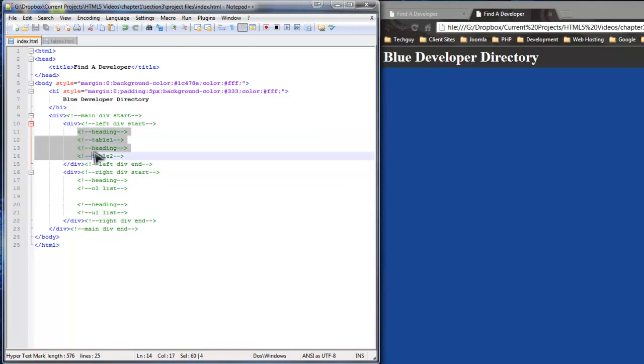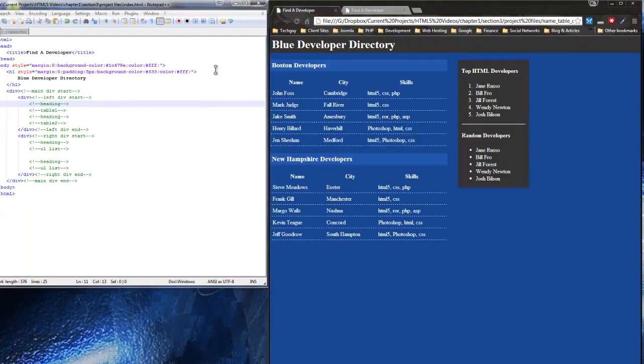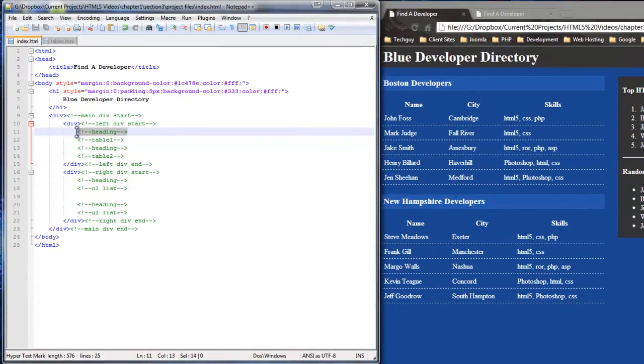And as I said, everything's in comments, so I'm just going to replace the comments with the actual code. The first thing we have is the heading. I'm going to transfer back and forth between these two pages, the finished one and the one we're working on, just so we can use this as a reference. So we have Boston Developers as the heading, and that's an H4 tag. So we're going to replace the comment with the H4 tag, and in the middle we're going to write Boston Developers, and save that,